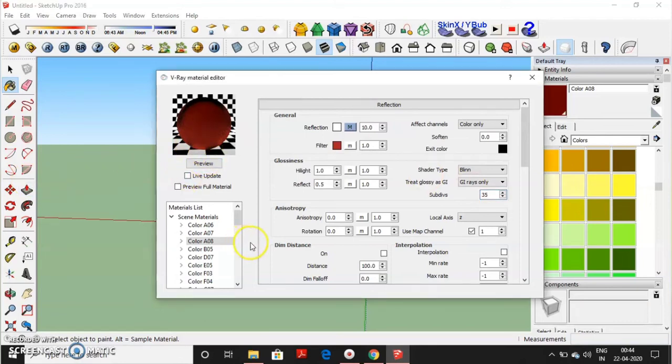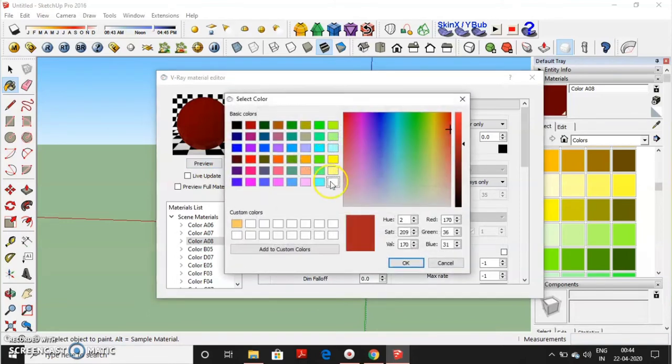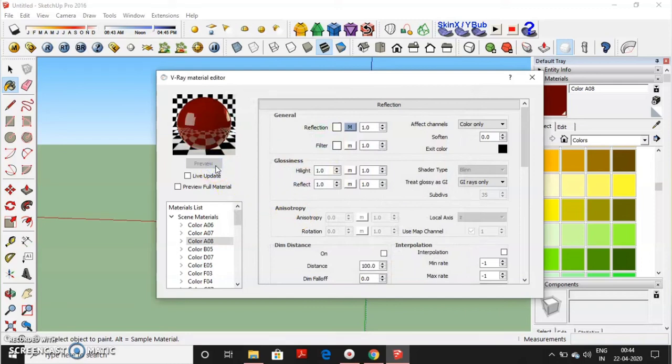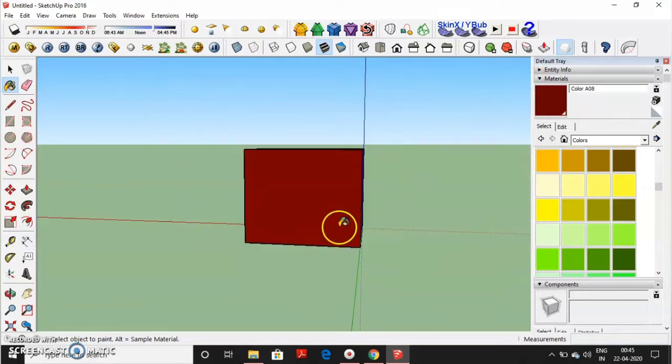Now this is becoming a smooth blur reflection, but now I will set it as default value. So this way you can make the reflection on the surface according to your need. Right now I will set the reflection value as the default and the default filter color. This is the preview, and now I will render it.